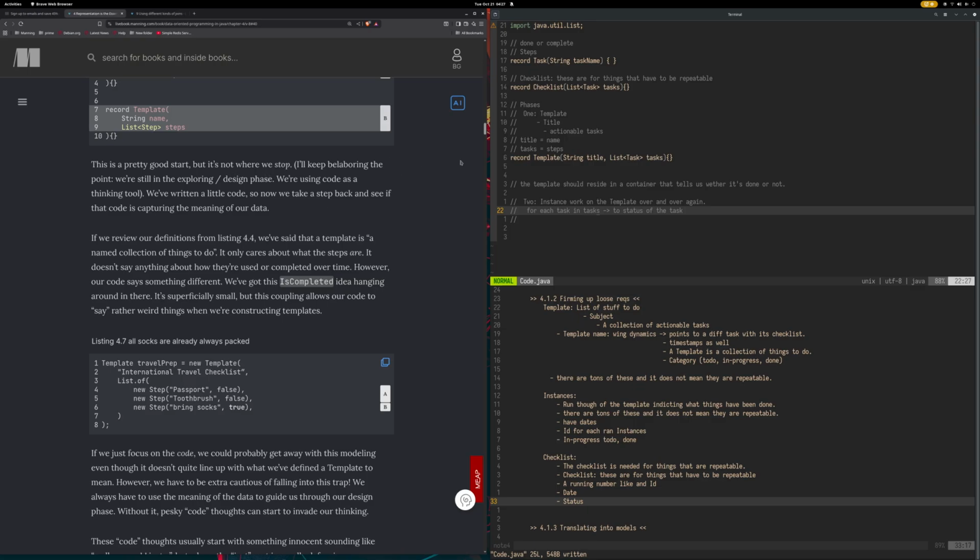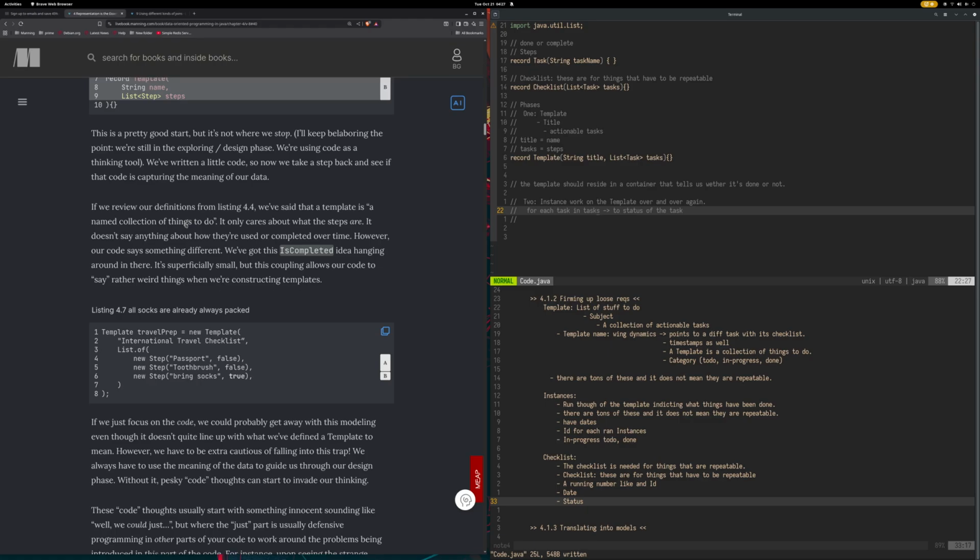I'll keep belaboring the point. We're still in the exploring design phase. We're using code as a thinking tool. We've written a little code, so now we take a step back and see if the code is capturing the meaning of our data. If we review our definition from listing 4.4,